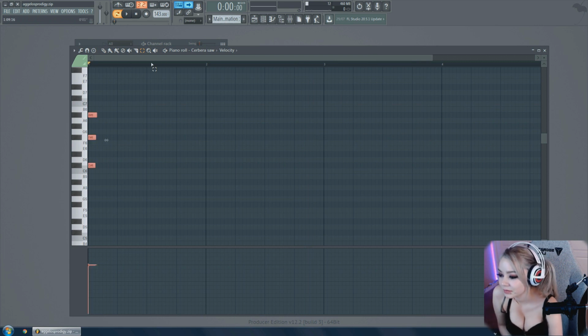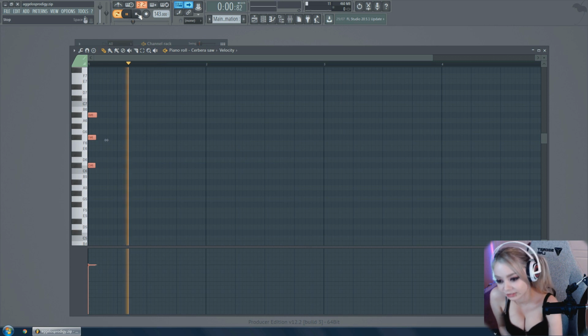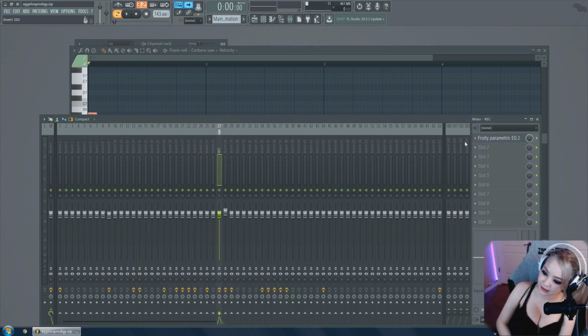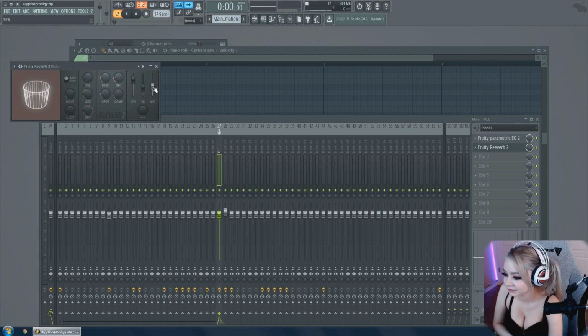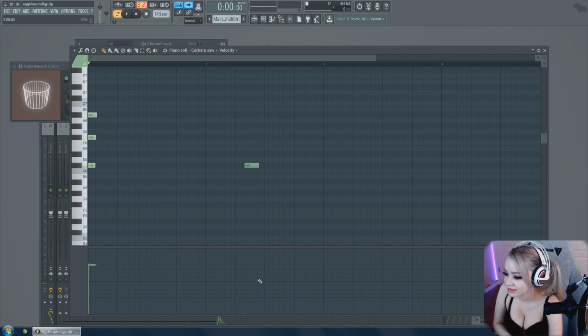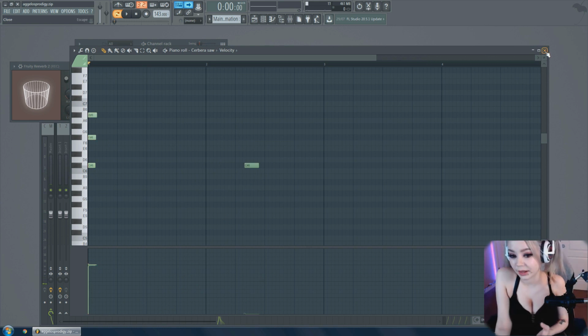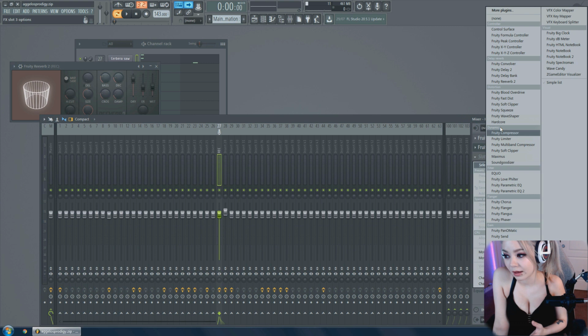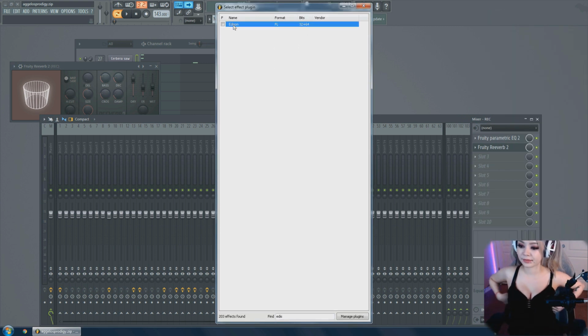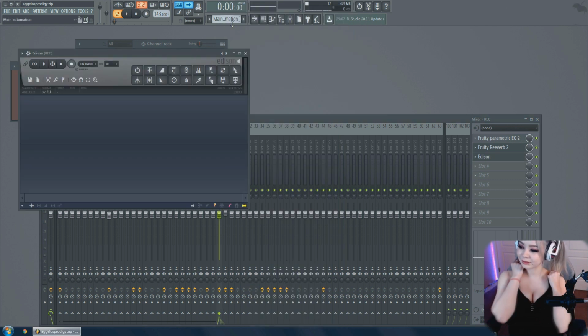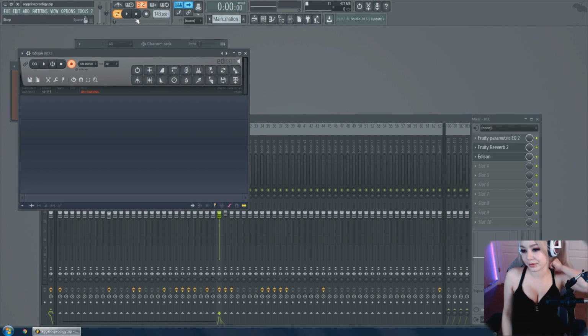You get the first notes of your melody, you copy them on a clean pattern, you add some reverb, and you record it with Edison.